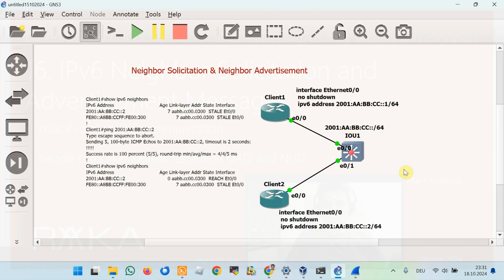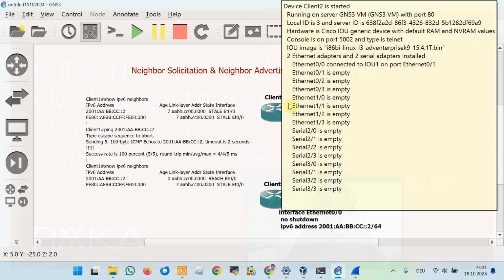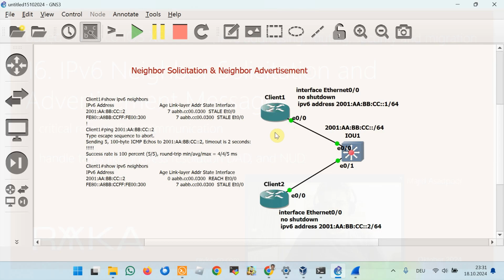The same as IP version 4, when client 1 wants to communicate with client 2 in the same subnet, it needs the layer 2 address of client 2. And when client 1 wants to communicate with a node outside of the subnet, it must have the layer 2 address of the gateway. Client 1 to resolve the MAC address of client 2 from the IPv6 address must use